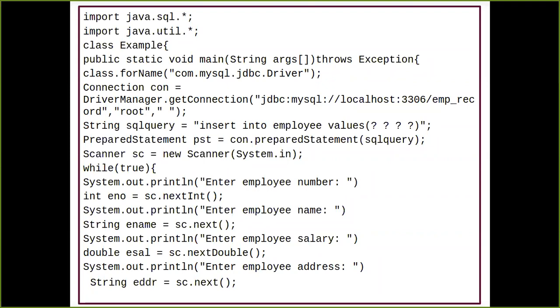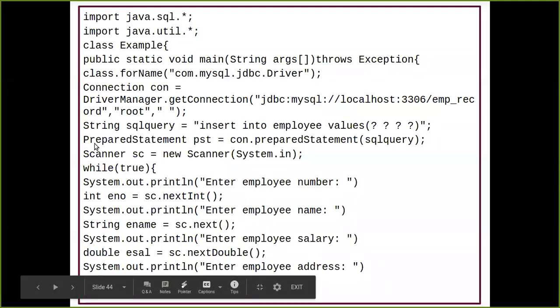Basically what I am doing is inserting values from your servlet file to your database. But what about the data which I am trying to feed into the database? Where is it going to come from? It is going to come from your client. So to get the data from the client, I also have to write some code in my program. We are going to do that in the later part, so for now we'll just understand this.